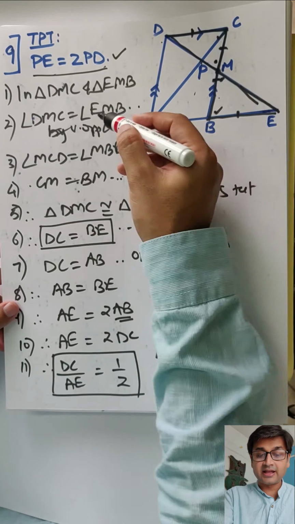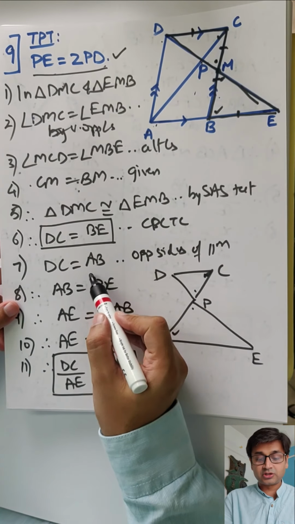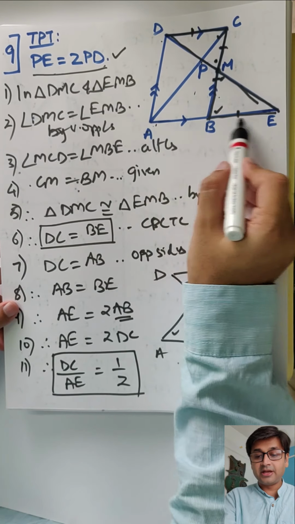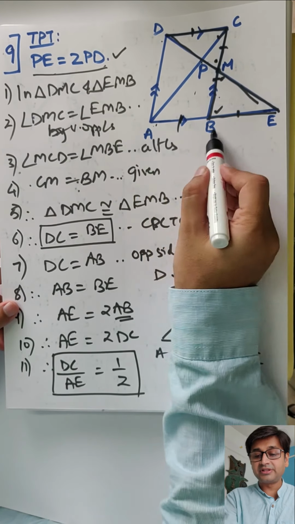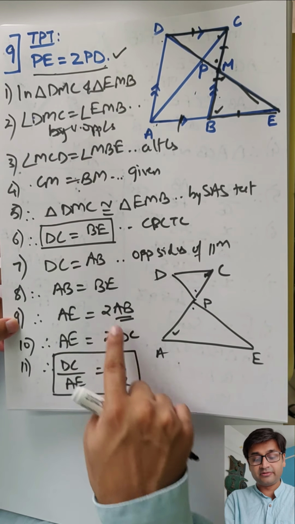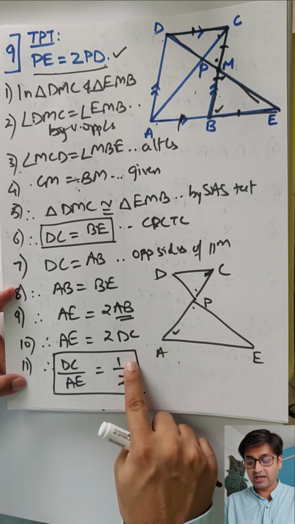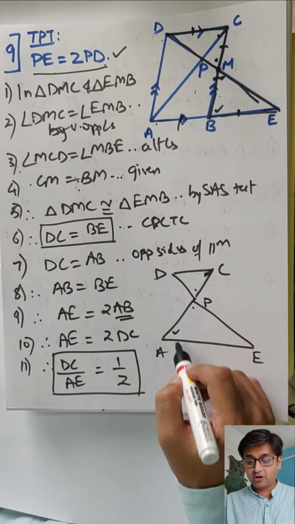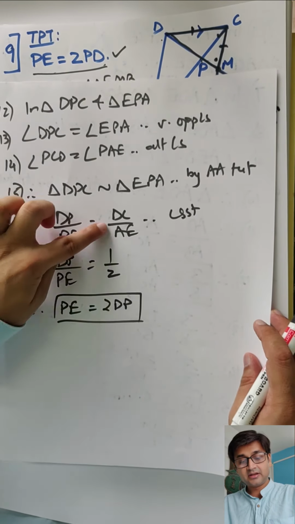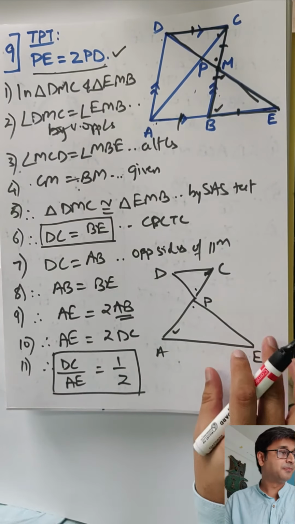So we picked up these two triangles' congruency, said BE equals DC, DC equals AB, so it cancels in your head, and therefore AB equals BE. Once you got AB and BE equal, we said AB is double of AE, and therefore double AB is AE. Instead of AB we wrote DC, and we got DC upon AE is half. Finally, we got into these two triangles, proved them similar, and then CSST, substituted the value, cross multiplied, and got the answer. Good job.